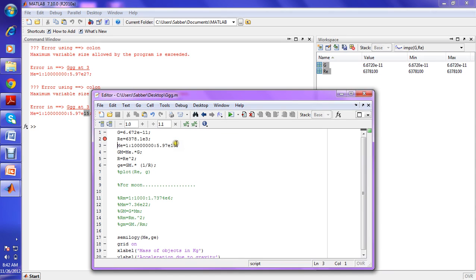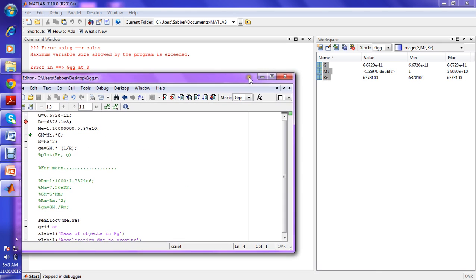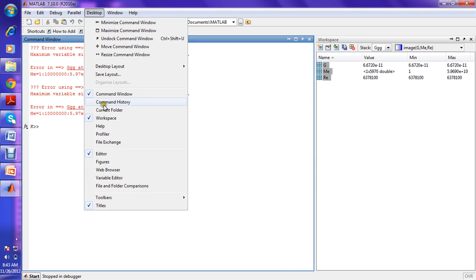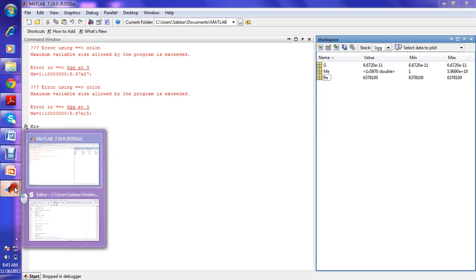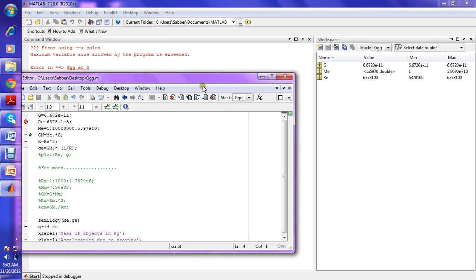Okay, let's make it here 10. I hope it will be working right now. Okay, so if we want to press F11, yeah, it does work right now. Okay, there is another option. There is the workspace. From the workspace we can get all the data we are going to calculate here. So at first